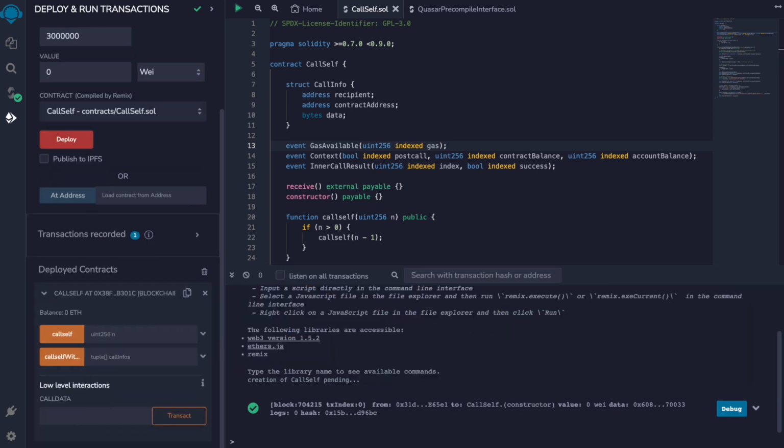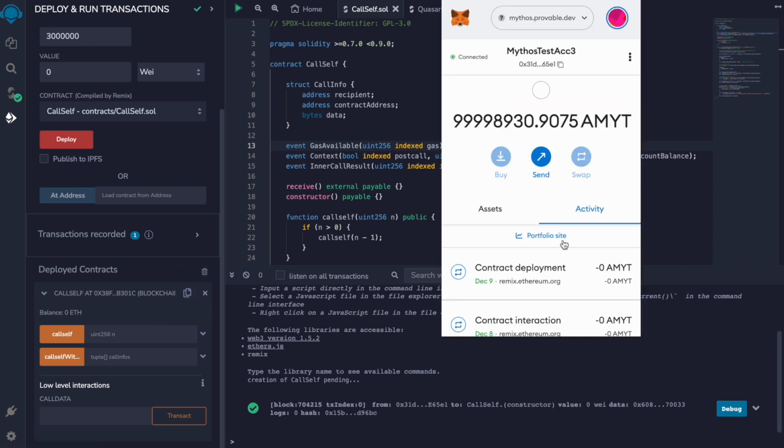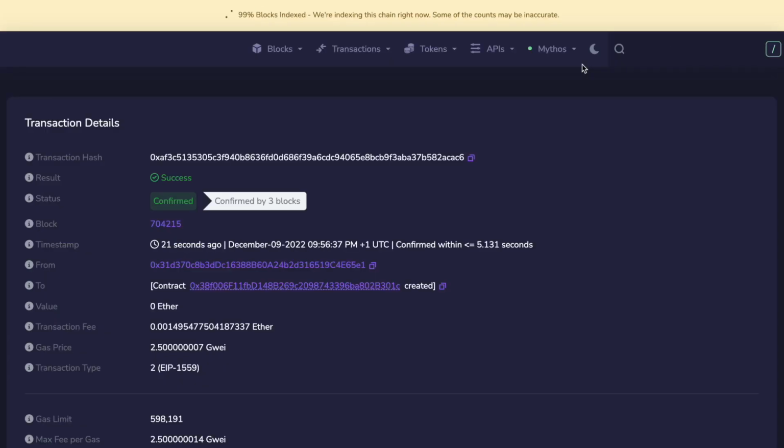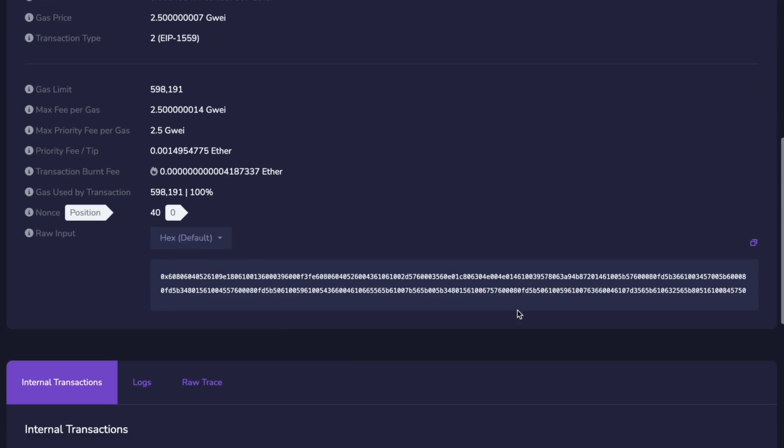Okay, we have a contract right now. We are going to copy its address, and we can also see this contract deployment in the block explorer for Mythos. We can see the contract was created.